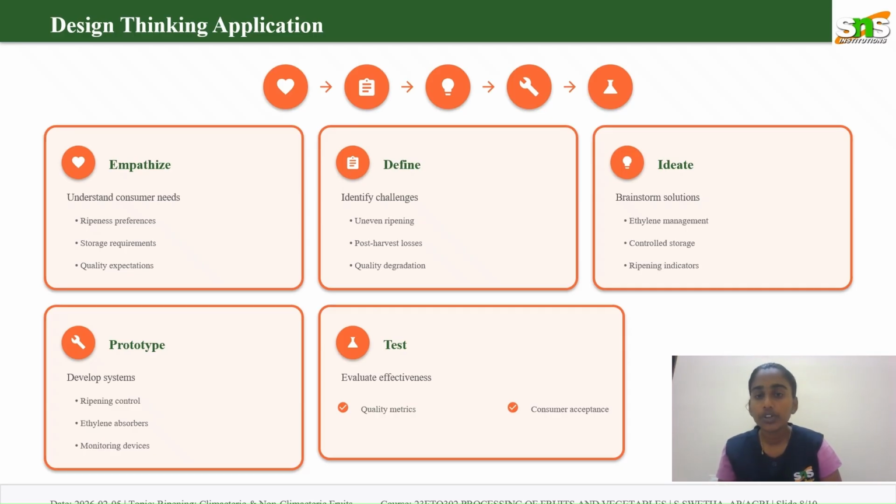For ideate, we are going to brainstorm solutions like ethylene management, controlled atmosphere, controlled storage, and ripening indicators such as humidity sensors. For prototype, we are going to develop a prototype with IoT-based or sensor-based automation or machine-based systems. For test, we are going to conduct tests like quality metrics, consumer acceptance, and sensory evaluation